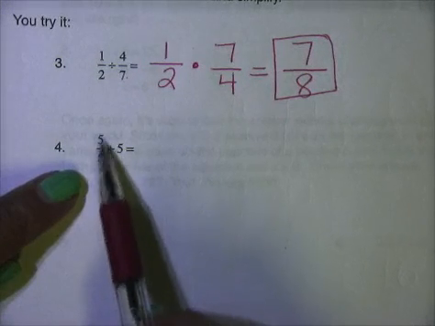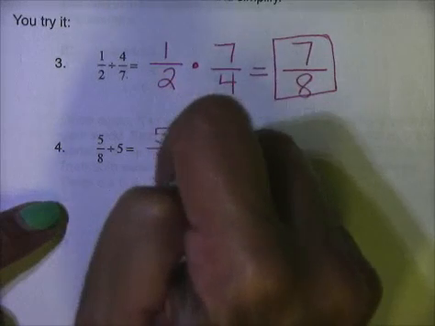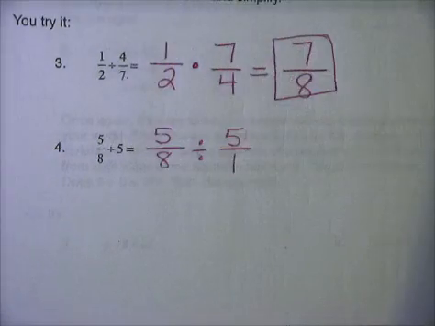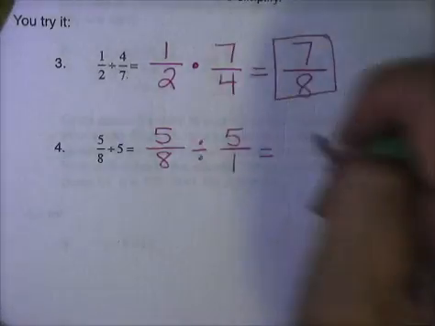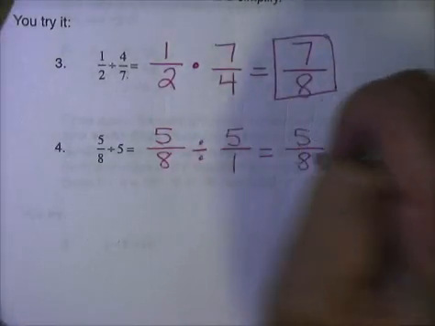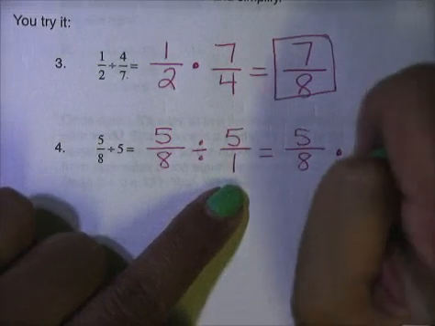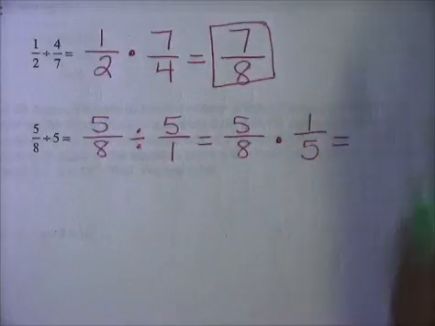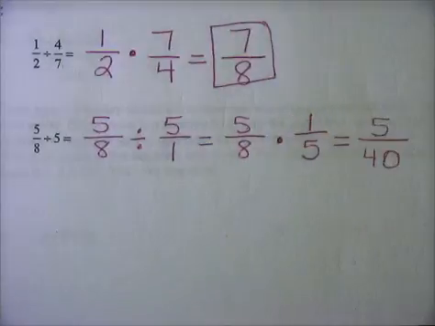Number 4, we have 5/8 divided by 5. The first thing we want to do is write 5/8 divided by 5/1. Remember, we want to change that to a fraction by putting it over 1. Then we're going to leave the first one the same, change the division to multiplication, and flip that 5/1 upside down to 1/5. Now we have 5 times 1 is 5, 8 times 5 is 40. Now we know they're not in simplest form,